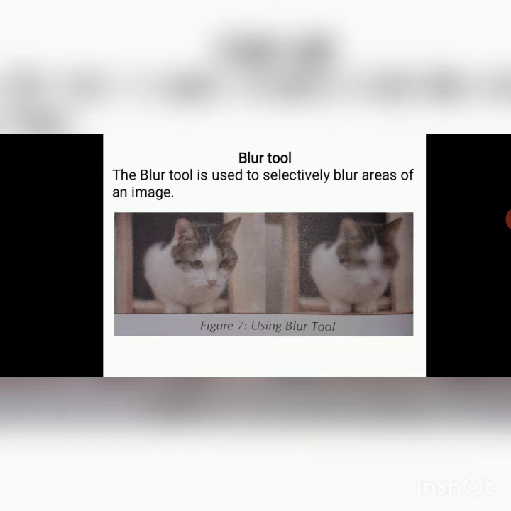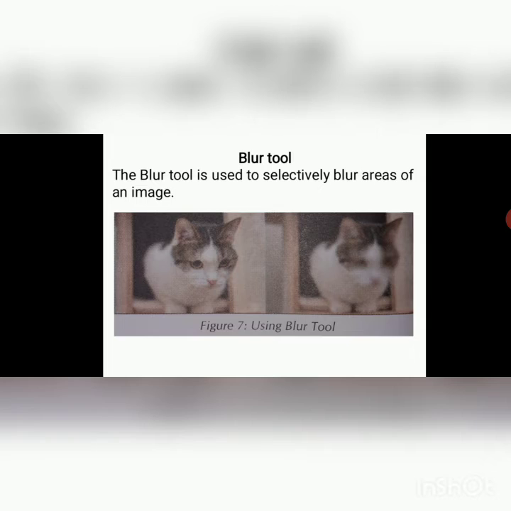So in the second picture, the cat's face looks blurred. See the steps. The steps to use the blur tool are: select the blur tool from the toolbox, choose brush size and style from the option bar, set the tool's strength and click and drag the mouse on the image.